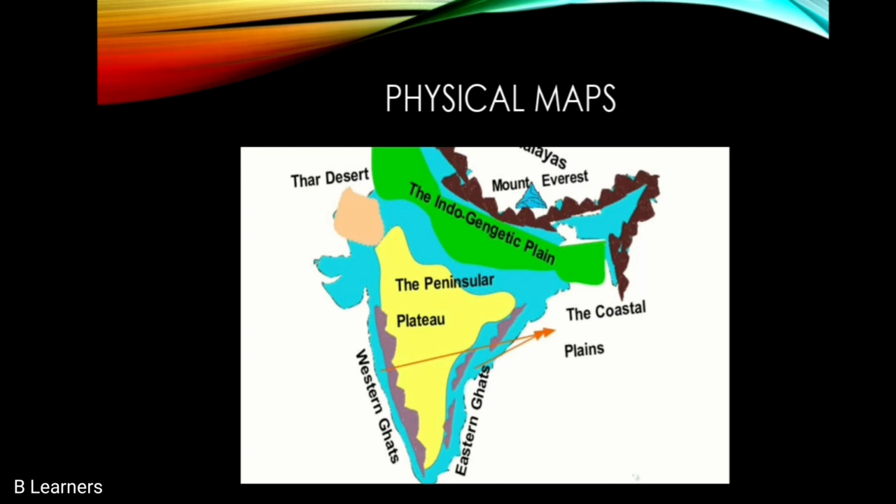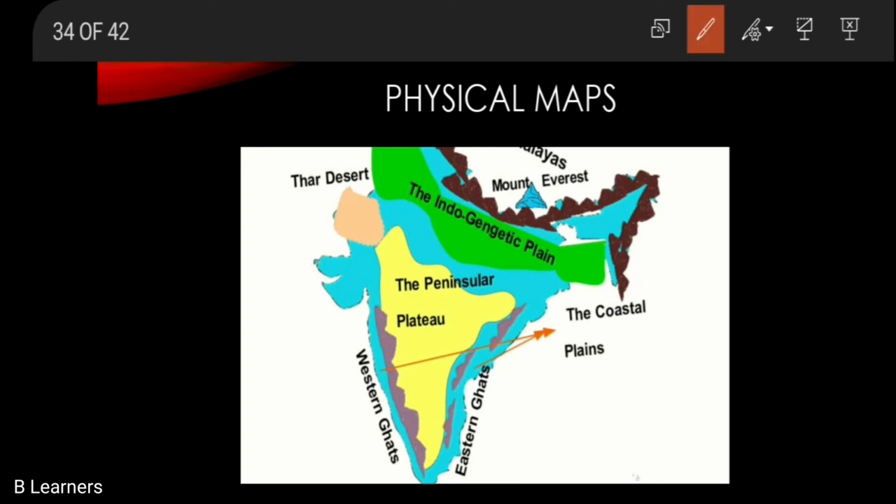Okay, so as you can see in front of you, there is a map which is showing some of the physical features of India. This side it is showing the desert zone. This side we have the coastal plains. This side we are showing the Western Ghats. Here we have the plateau. So a lot of features are shown here. Here is Mount Everest, this side. So these are basically physical features, and if they are shown on the map, we call it a physical map.